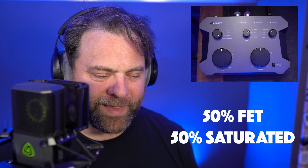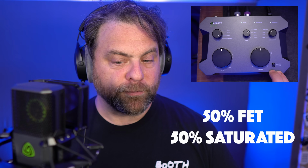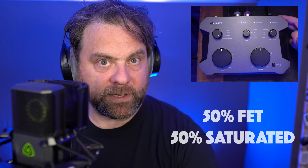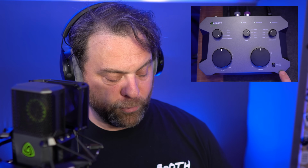Okay, let's move now to the saturated effect at 50% tube. The last 2 parts to talk about on the remote are the default reverse switch, and there's a hold switch on the back. This switch on the lower right-hand corner labeled default and reverse allows you to choose which side is the front side of the mic. So right now I've got the tube facing me, but with a switch,